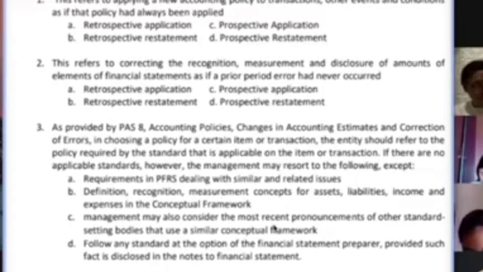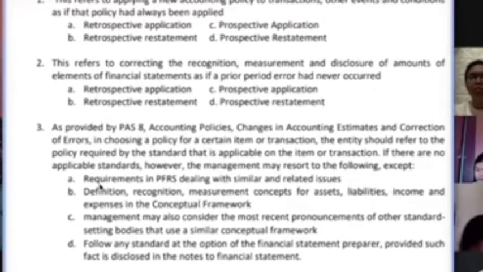I'm not sure if you already had a political science subject, class, but you would have learned that the laws in other countries do not apply in our country, do not apply in the Philippines. The same goes for our standards. Standards that govern other places should not apply in the Philippines. So do not go to other standard setting bodies first before exhausting the remedies available in our jurisdiction.